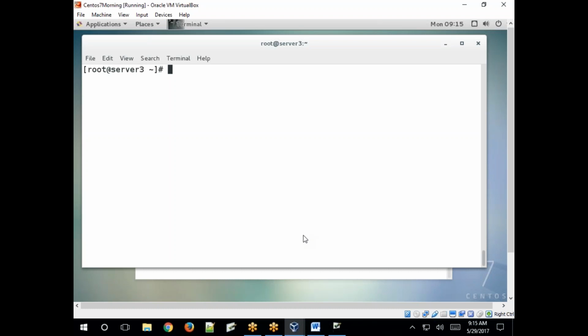So how do we access the remote system without a password? When you access a remote system using the host name and username, it asks for a password. How to access that remote system without a password, passwordless authentication, we'll see tomorrow.